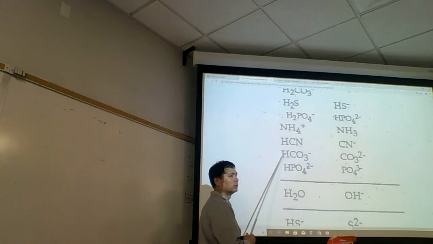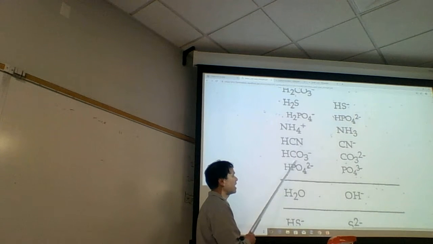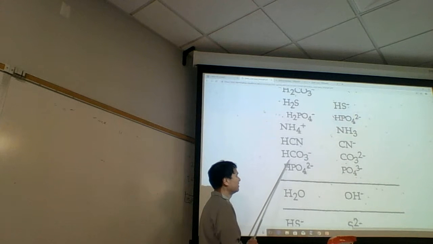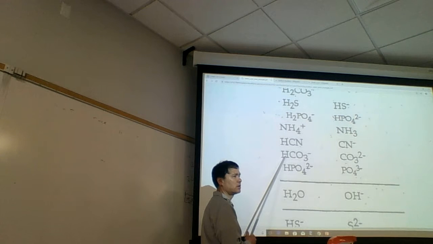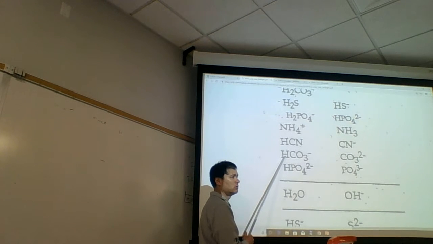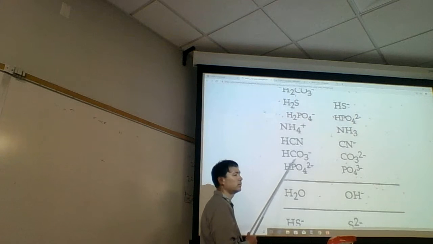What's this one here? We wouldn't call this an acid because it's an anion. So we call it hydrogen carbonate ion, or the old name. Give me the old name for this. It's not really the old name because they still use it. Like for example, if you go buy baking soda, they still use the old name. They call it hydrogen carbonate or